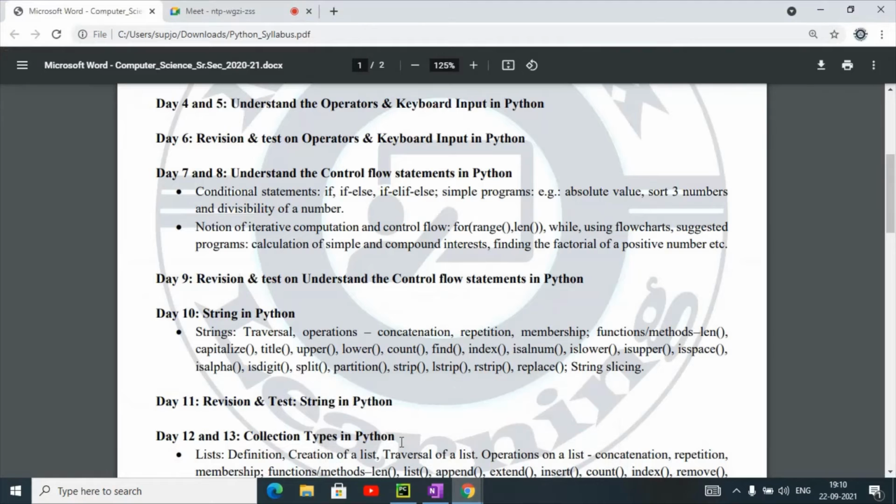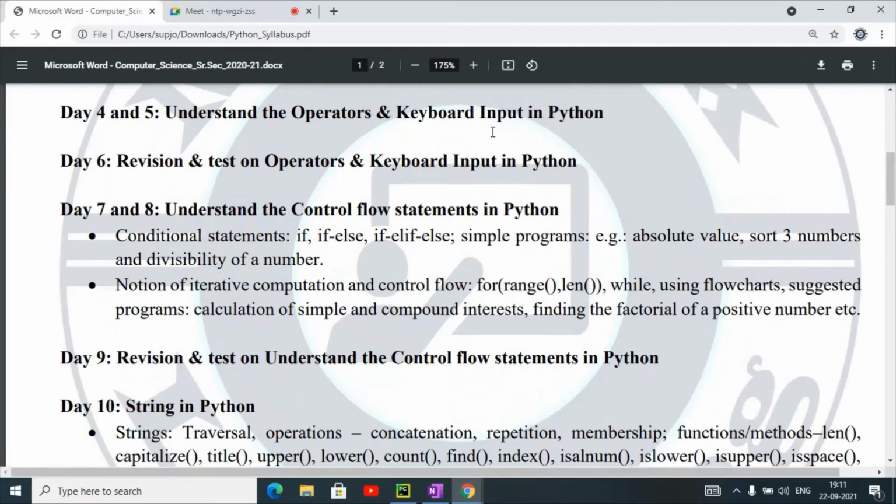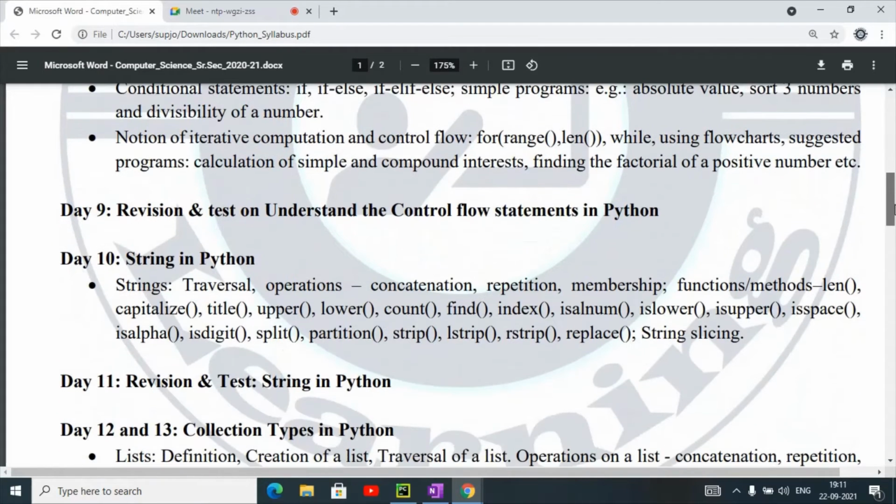Next method we are going to discuss is isdigit. This method is used to check whether all the string characters are digits or not.